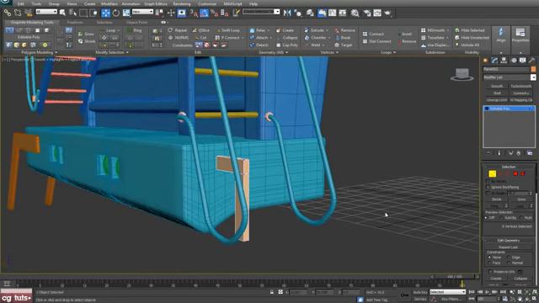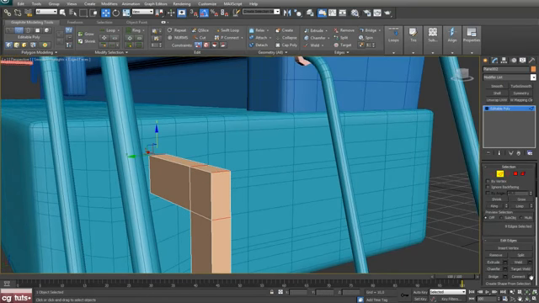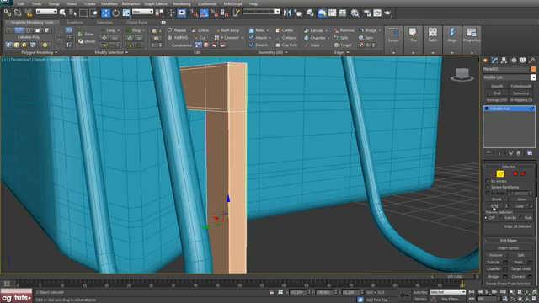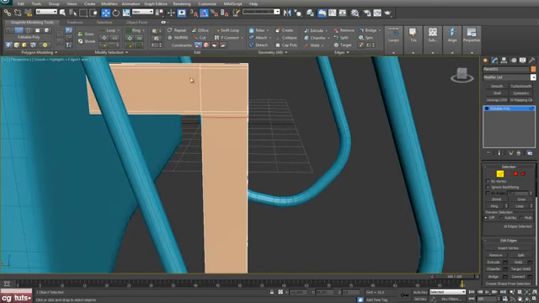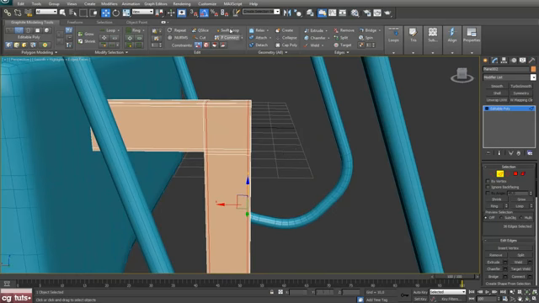Okay, and now select this edge, hit ring, connect two segments, pinch 85, select this edge, hit ring, connect also two segments, 85 will be okay, ring, connect with pinch 97, okay, and we need one ring here, connect with pinch 85, okay, and now with shift loop make one loop here,